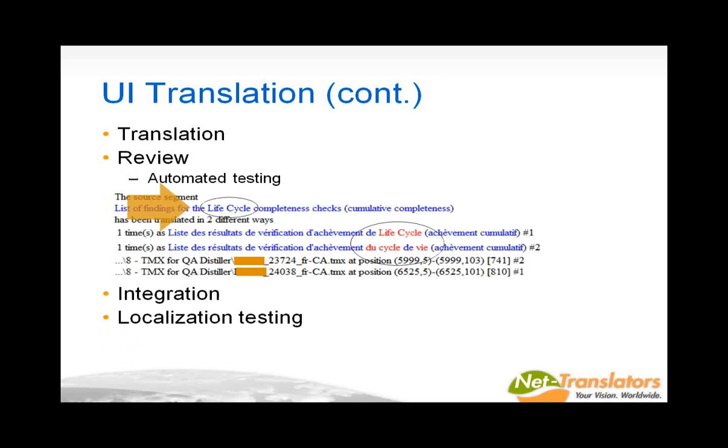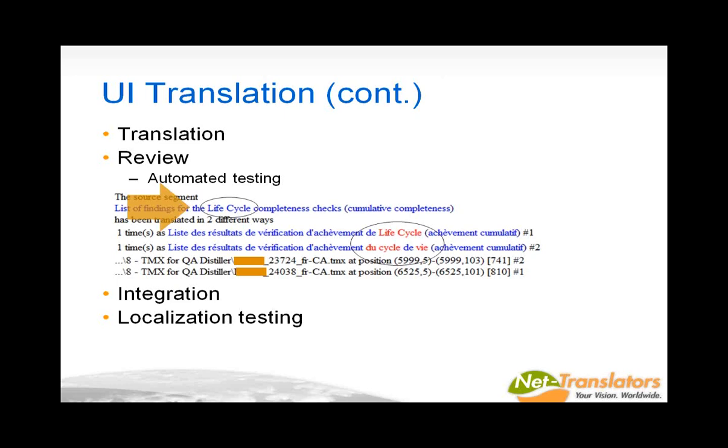As I mentioned earlier, one of the important activities associated with post-processing is automated testing. Often what can happen is that more than one translator will work on a product over the lifetime of the product, and if you do not enforce good processes, you can have a situation as shown here in which what obviously should be a glossary term is translated inconsistently, even if it does appear in the glossary. Automatic testing uses industry standard tools such as QA Distiller and can help you identify terms that have been incorrectly